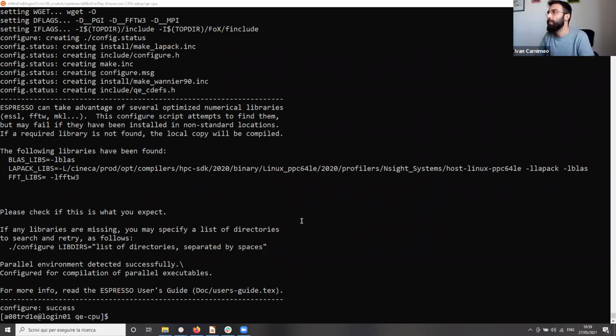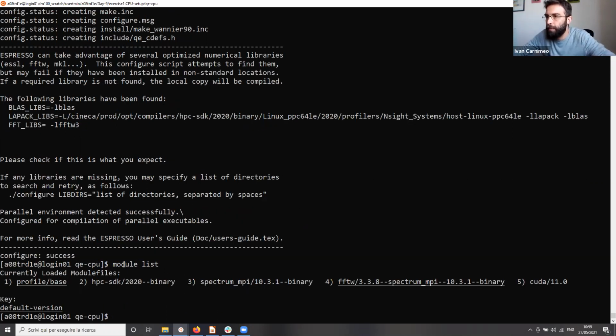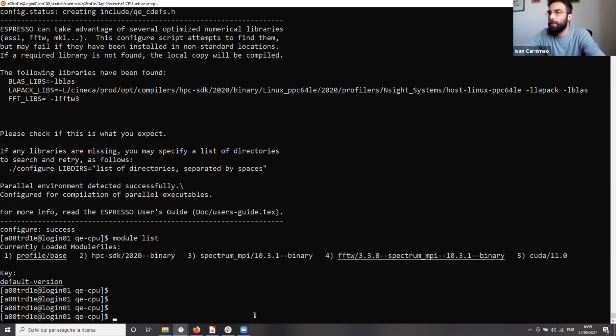When you run configure, so this command, let's recap. We have loaded modules. If you type module list, you will see which modules are loaded on your system. In this case, we have HPC SDK, the compiler, Spectrum MPI, and fast Fourier transforms. Once you do this, with configure you are asking Quantum Espresso,